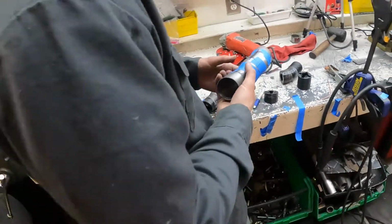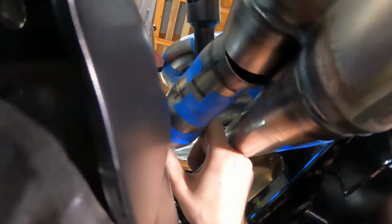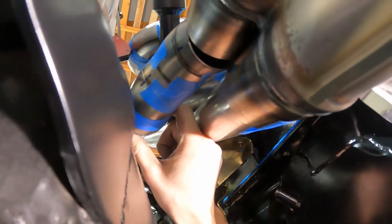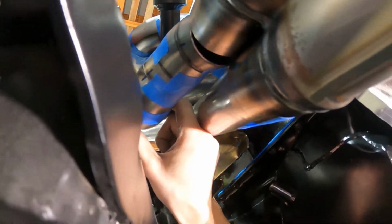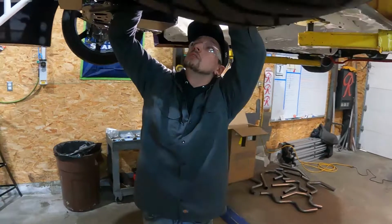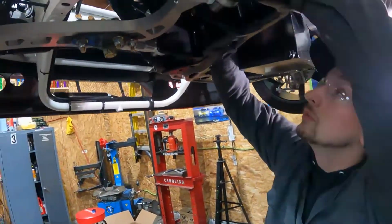I don't know if it'll fit though. See if it fits. Oh, okay, there you go. So yeah, it looks like it just needs to... Oh, you're gonna have to add a little bit and twist a little bit. Nice, dude. I'm sure you already talked about it, but he's starting with this side because he has to split